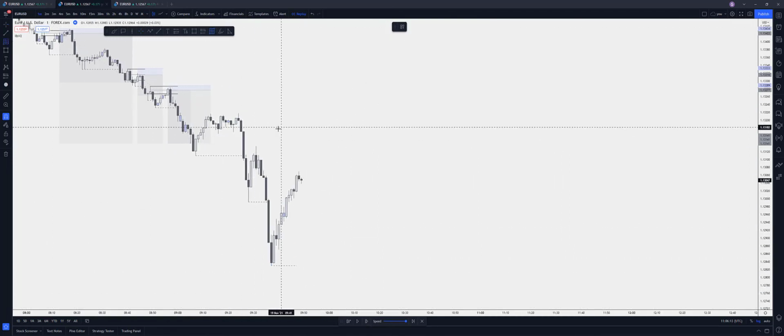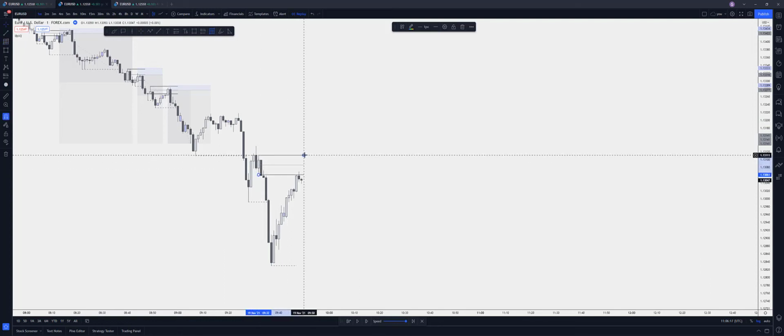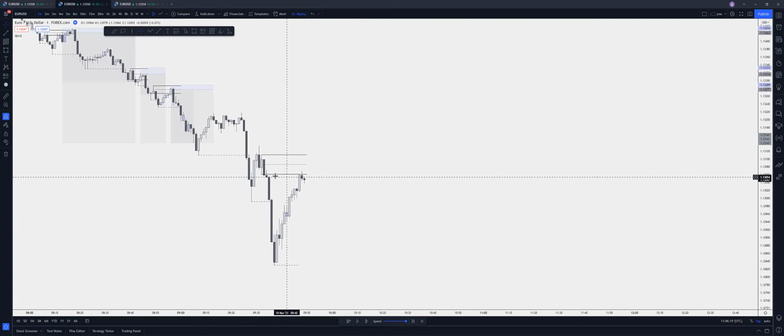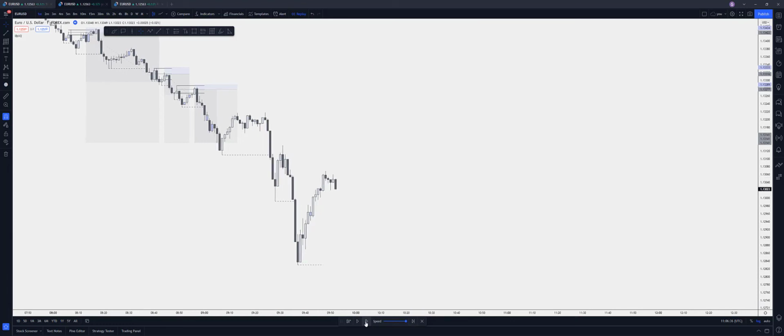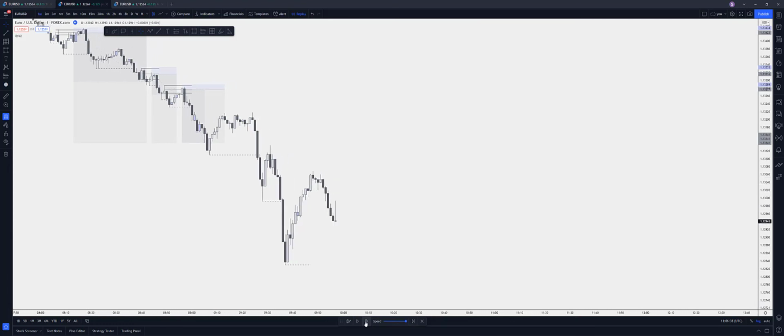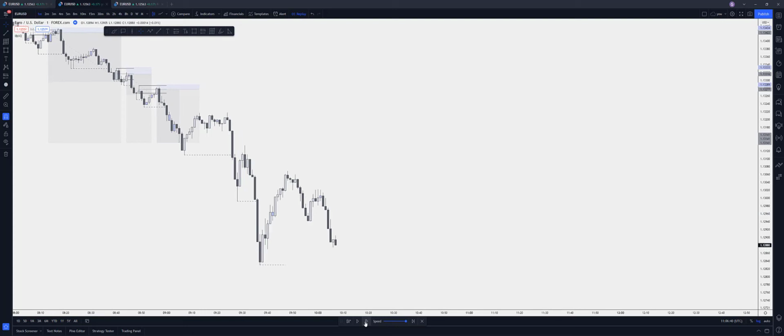Now, apologies, because I think I would take a look at this for an entry, but I'm not sure. This wick here stands out a little bit. This candle overall is kind of mitigated. I'd probably just leave it, to be honest. I don't see a clean entry there. But anyway,